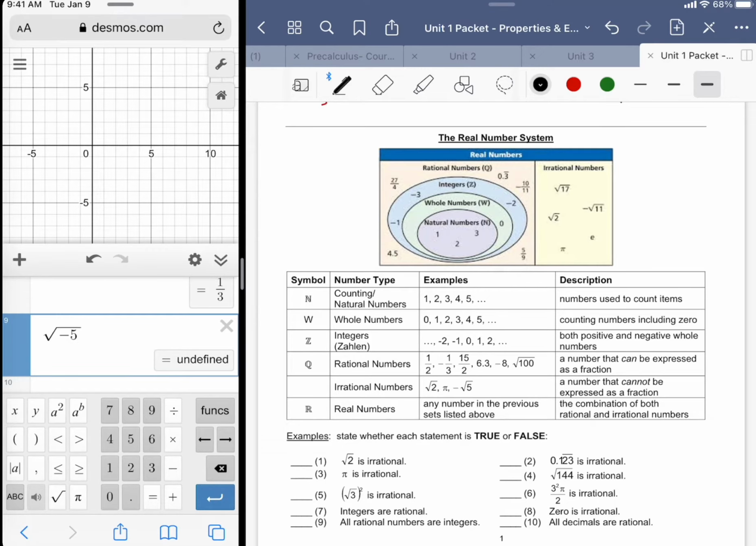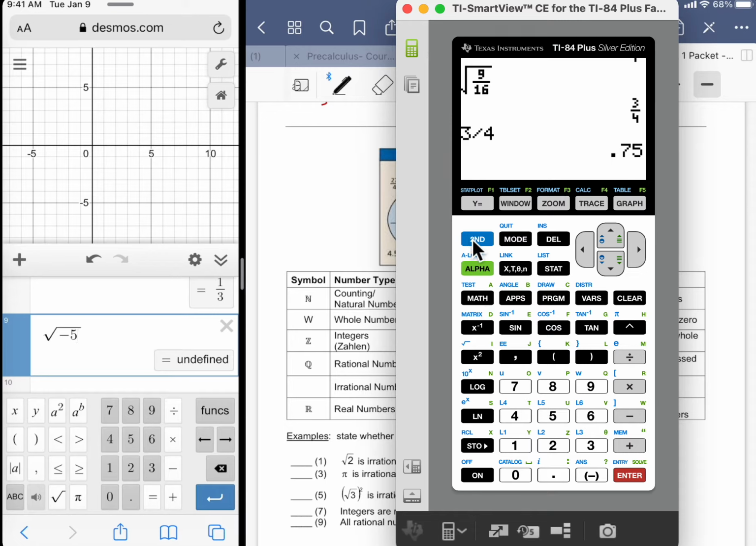So on the TI, if I typed in the square root of negative 5, it's worth pointing out, and this isn't like a TI bashing kind of exercise here, it's more like, let me just take the time to point out the differences between the two. On the TI, there's a negative key and there's a minus key. We're all going to make mistakes in putting a minus when we should put a negative and put a negative where we should put a minus. So if I put a minus here,